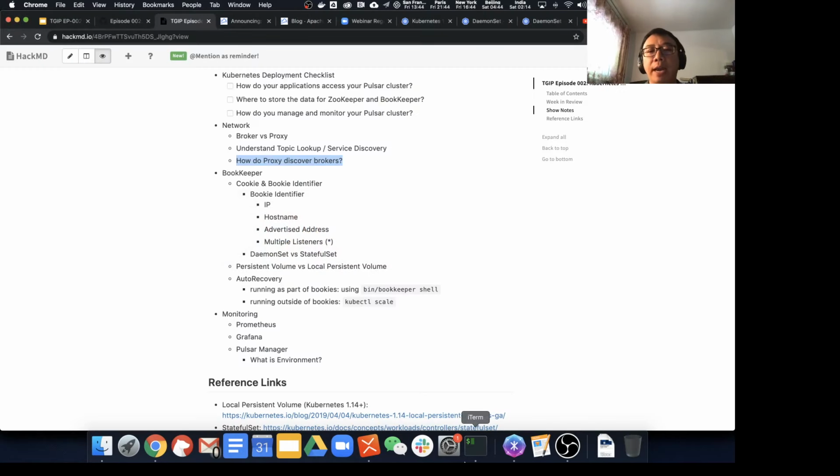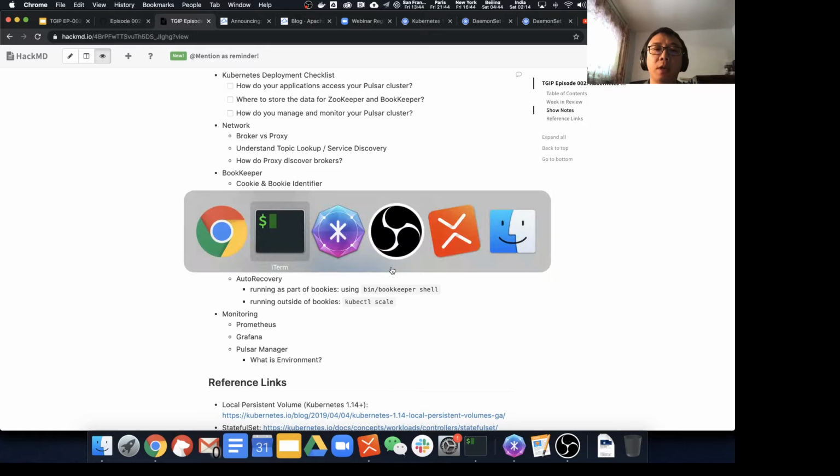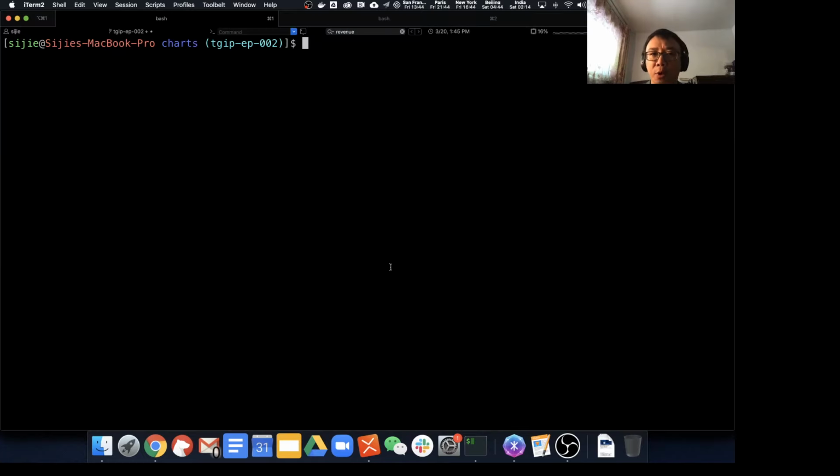So once you have the local persistent volume ready for deploying, then you are able to deploy a Pulsar cluster or deploy a BookKeeper. In order to use the local persistent volume, because we expose it as a local storage